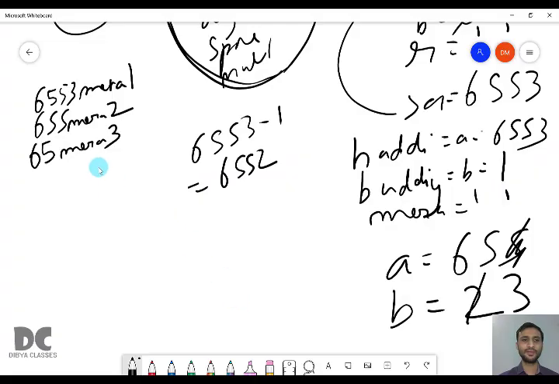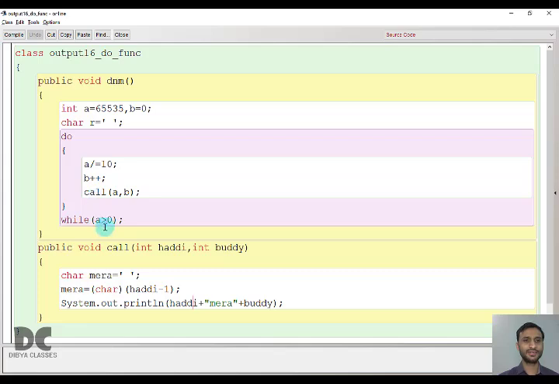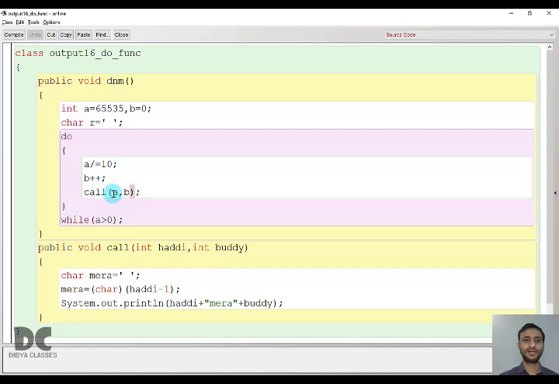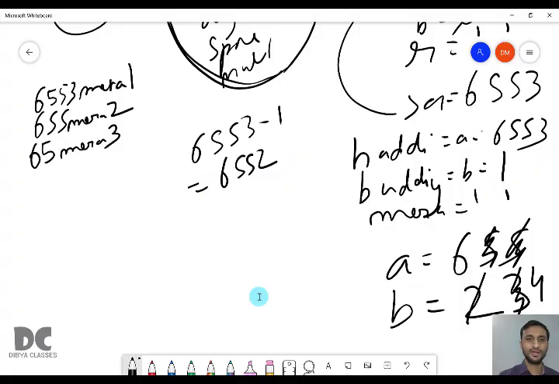It will print 65 Mera 3. Now next, 65 greater than 0. Yes, by 10. The new value of A is 6. B plus plus, the new value of B is 4. It will call and send 6 and 4. Huddy will store 6, Buddy will store 4. So it will print 6 Mera 4.